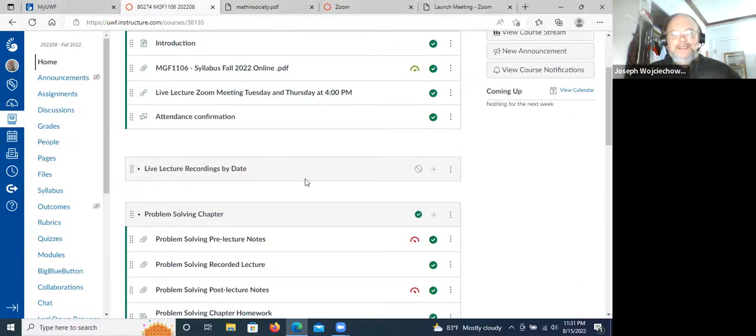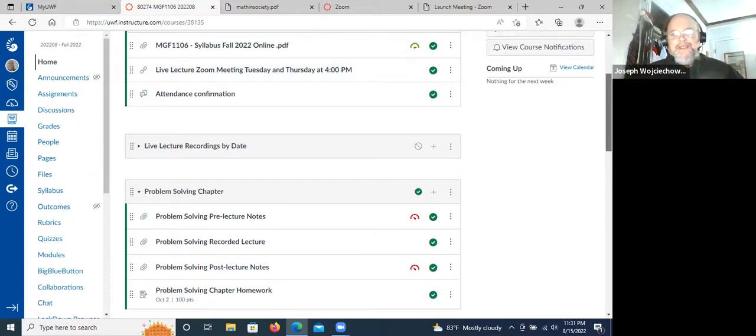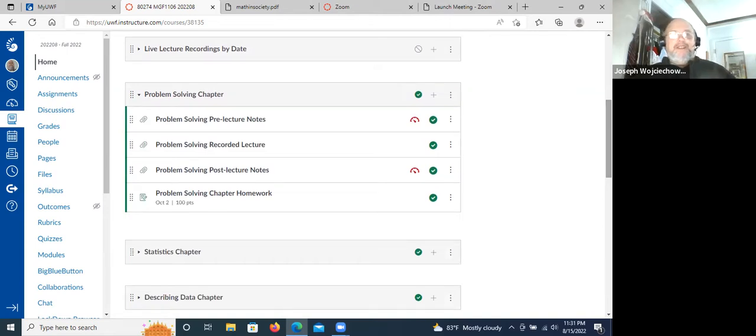This section here, there's nothing in it right now. This will be where I post recordings of these lectures. So my goal is to record the lectures and post them. I don't guarantee that it'll be done, but that is my overall goal. And now we get to the individual chapter. Each chapter will be like this. So the chapter title,